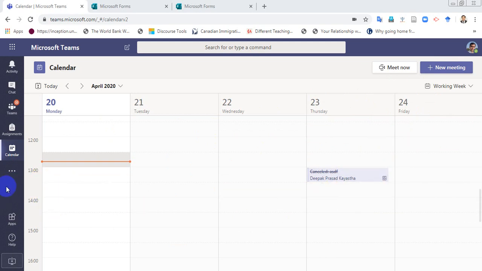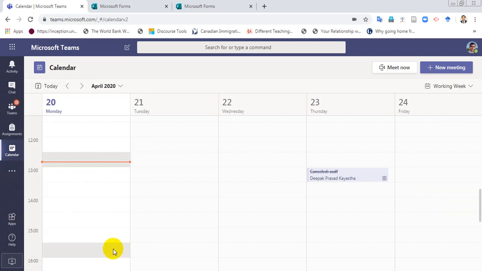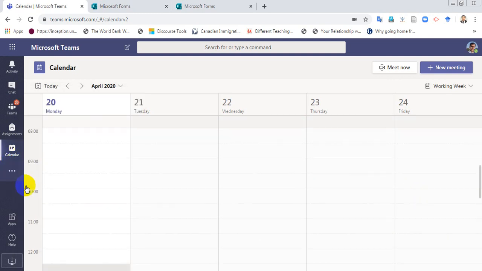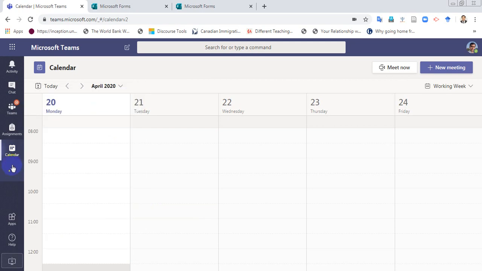Okay, this is how the calendar is very much friendly to us, and there is no complexity in using it. And again, on the left bottom there is a triple dot tab, and once we click it we can find a list of applications, and more applications can also be found by clicking the link below, more apps. So whatever is useful to us, whatever is required, accordingly we can make use of it. I was talking to you about assignments, and let me bring you back to the assignments,